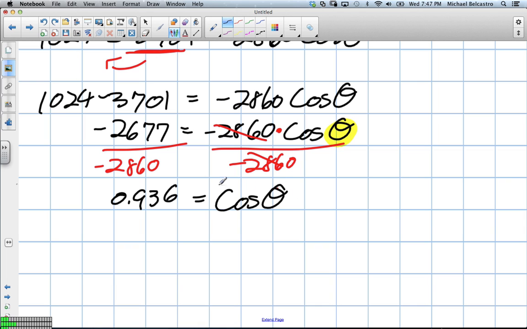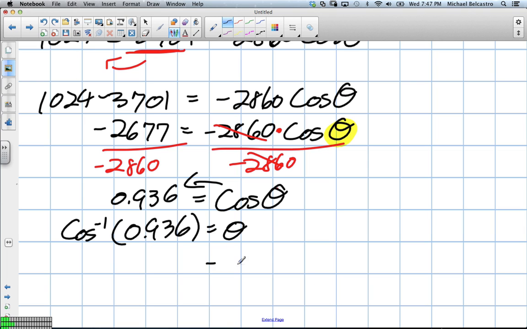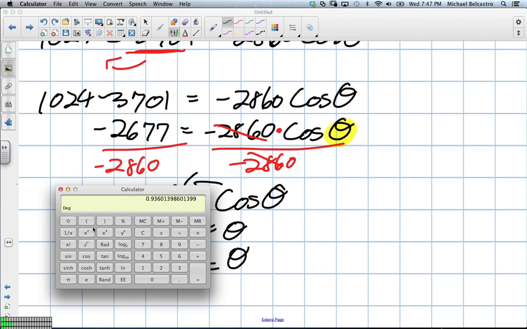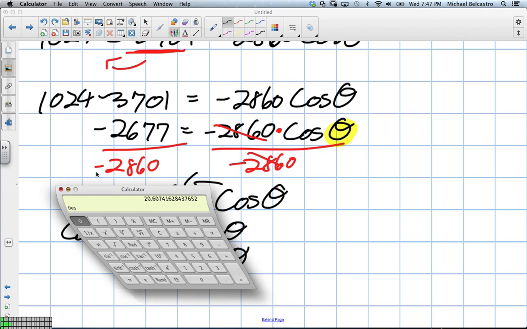Well, we got to get theta by itself. So when I move cos over, it becomes cos inverse of this term, which equals theta. So the angle, I do inverse cos, 20.6